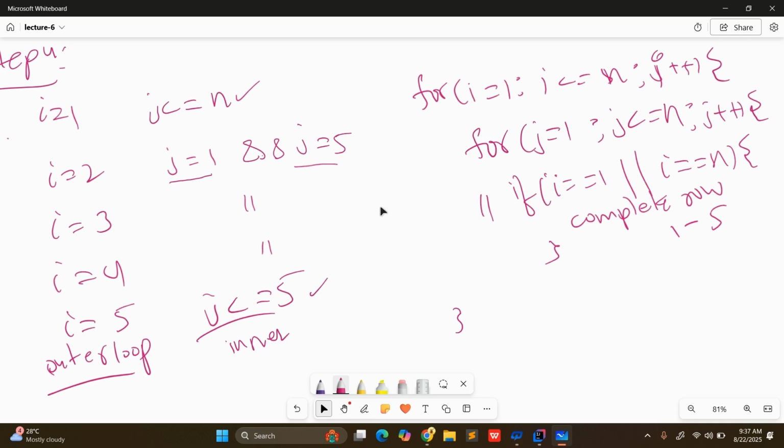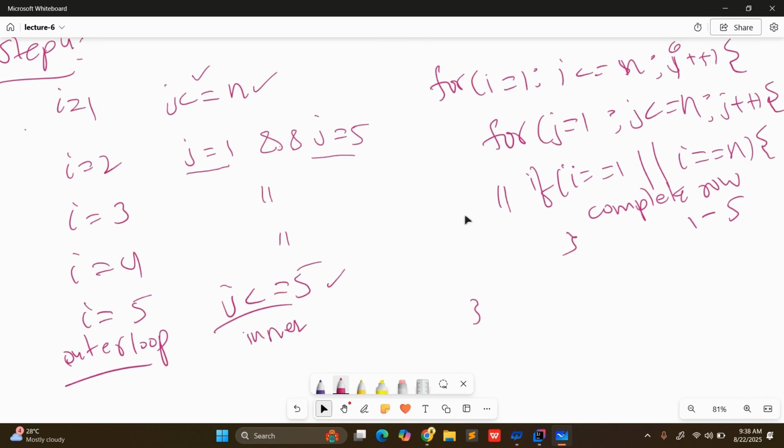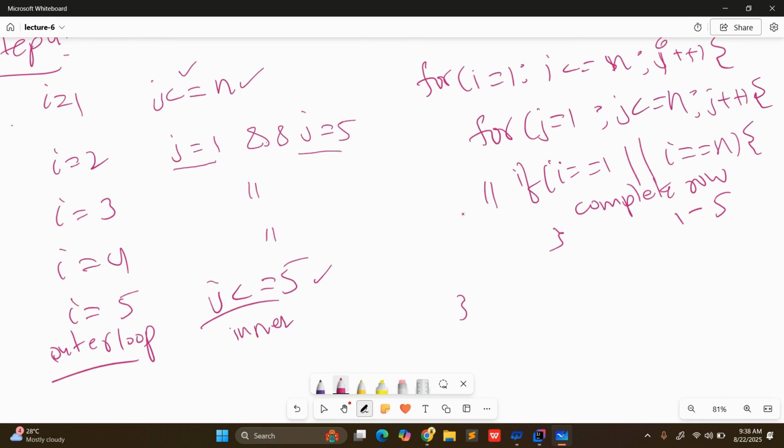In these problems, you are not generalizing everything in a single relational operation. For each i, you are not generalizing the same thing. The j is not working the same on each i, because each i behaves very differently. Let's say I wrote the condition for i equal to 1 and i equal to n. When i is equal to 1, it will print the complete row, and when i is equal to 5, it will print the complete row. So in all other cases, you just need to print